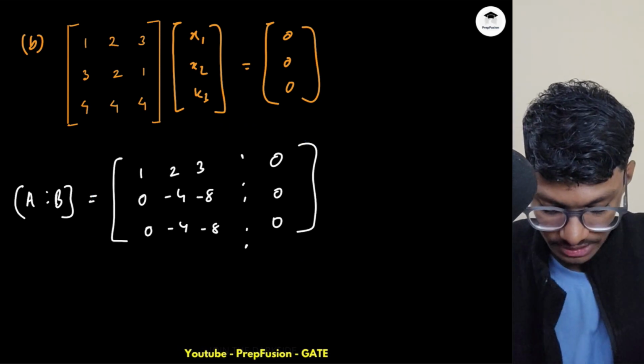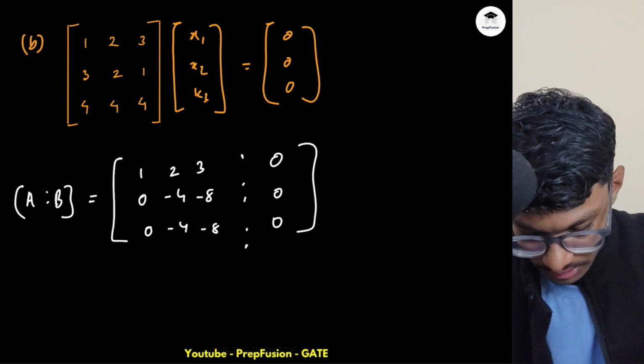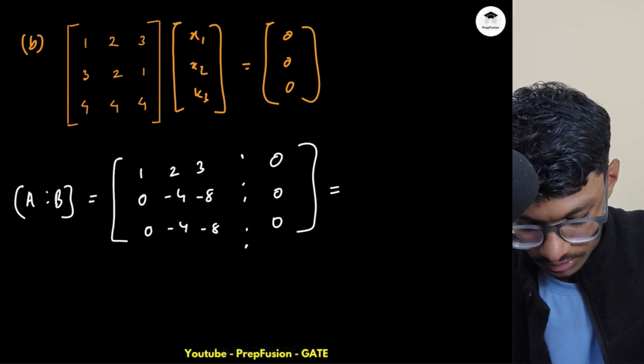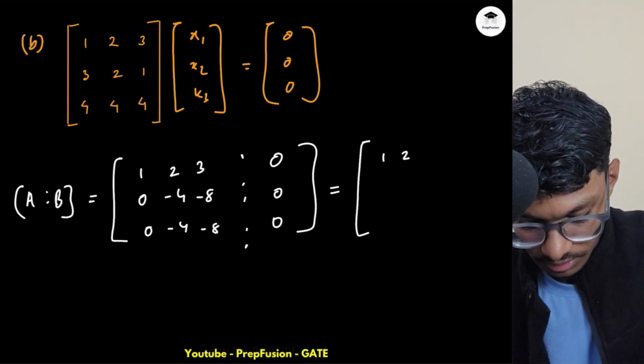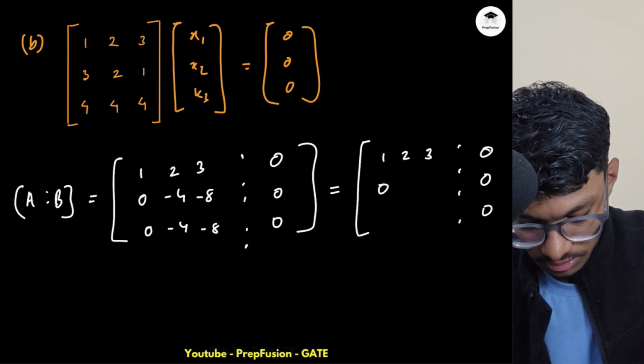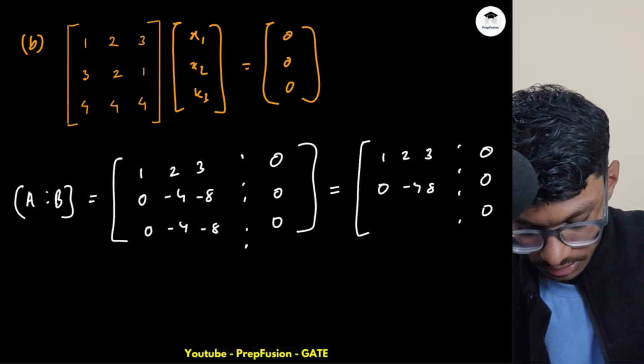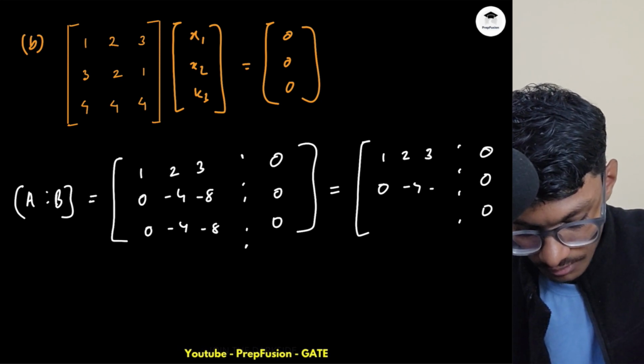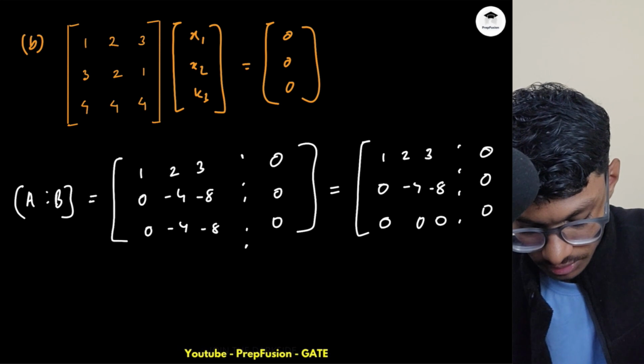Okay, so basically what I can say, like this, right? What will this become? This will be 1 2 3 0, 0 minus 4 8 minus 8, this will be 0 0 0. Okay,